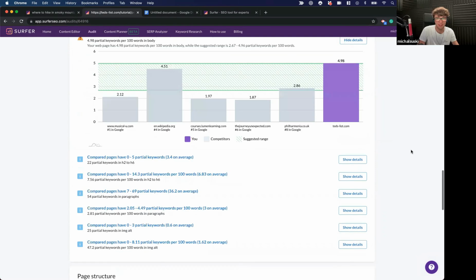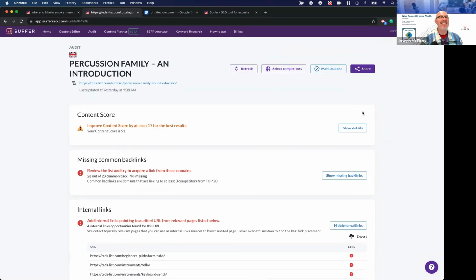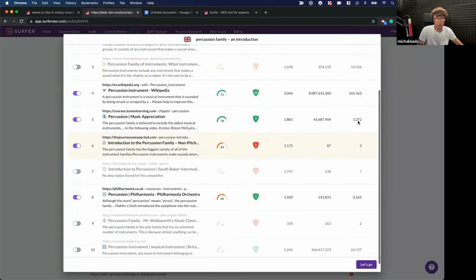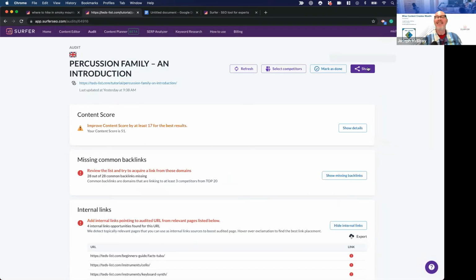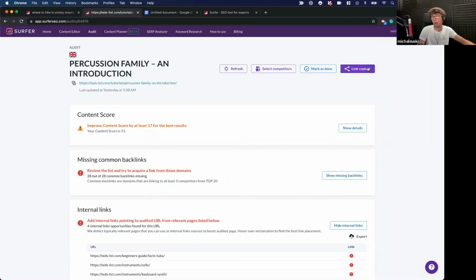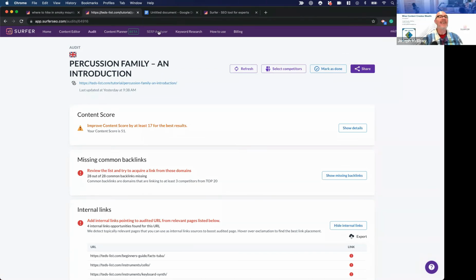And then SERP Analyzer, what is it? It looks at the SERPs. Sure, sure, I will show you. And you can, of course, select competitors here and share it, just like the editor. So it's a public link, so you can ask someone, just do the things the audit tells you. The SERP Analyzer, this is